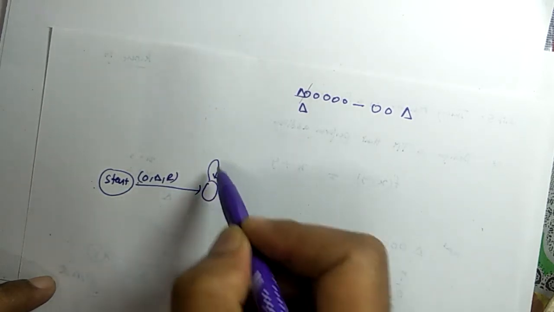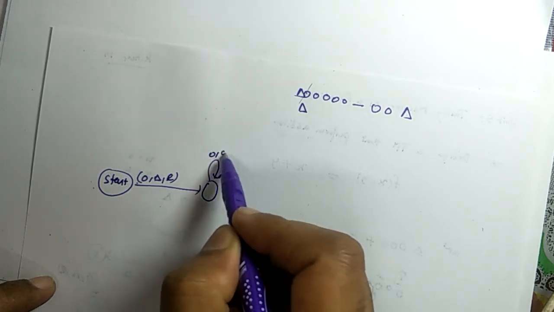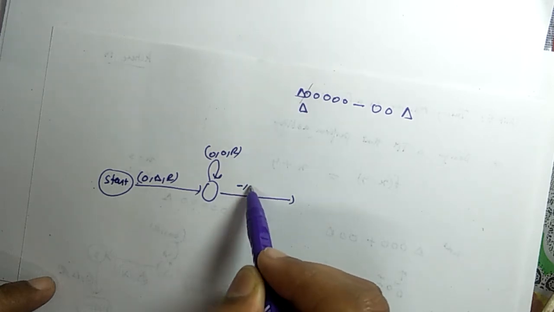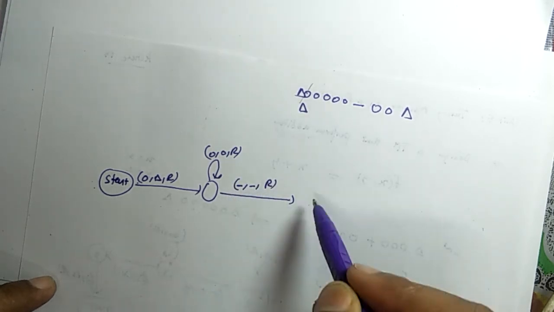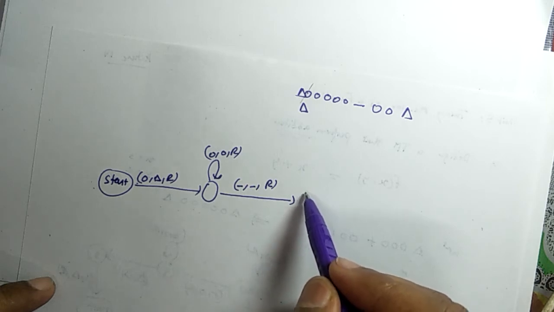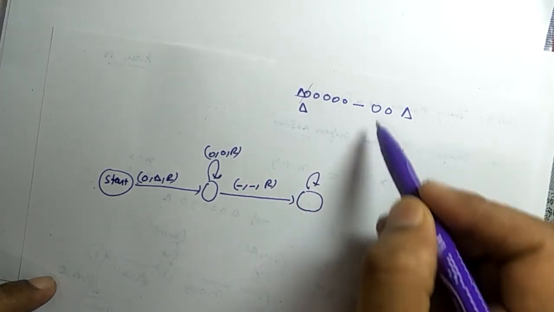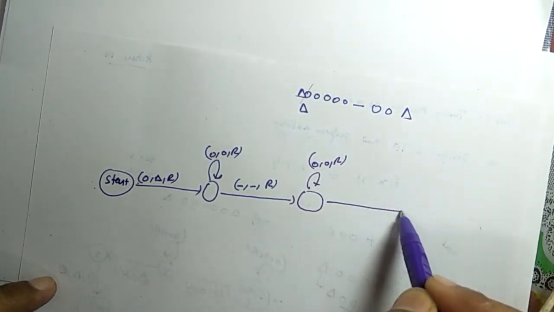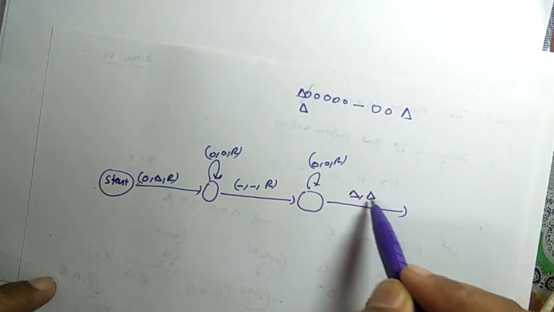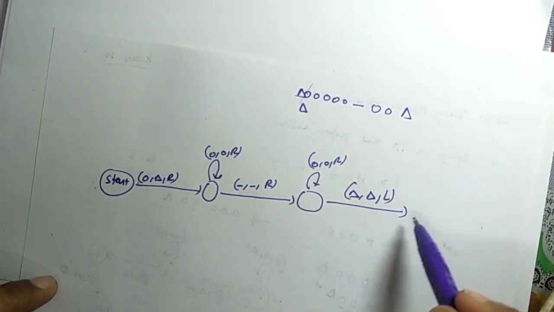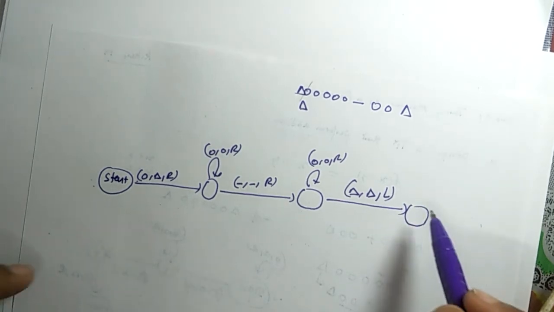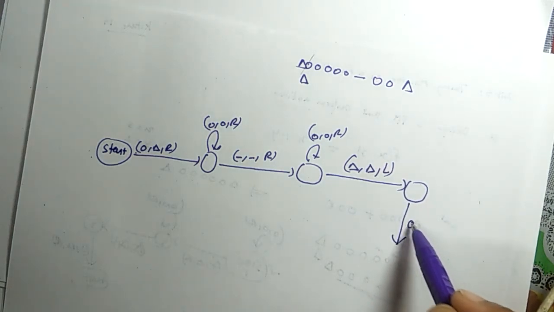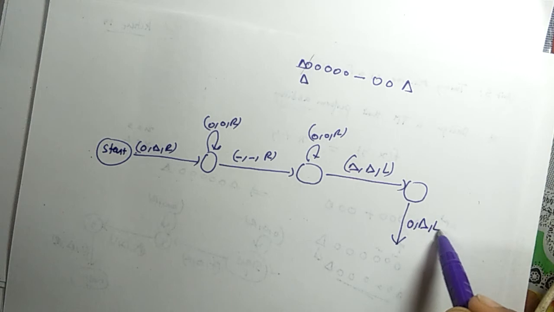We will get some more 0, leaving it and move to right. We will get the symbol of minus, leaving it as minus and move to right. We will get more zeros after minus. We will leave it and move to right. We will reach the blank, and from blank we will move to left, and we will cut this 0. So we will make this 0 to blank and move to left.